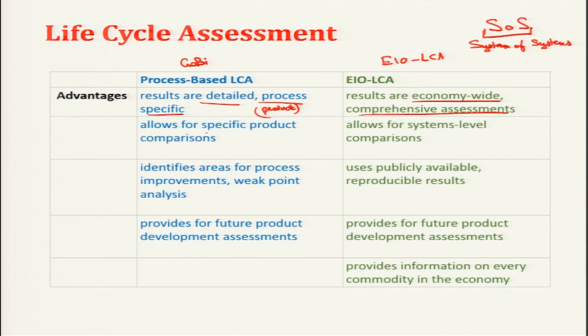It allows for specific product comparisons, like we can compare pens made from metal and plastic with pens made from only plastic. That is the subjective study we did in value engineering. So there is a complete energy input database, and the pollution that is produced. Both these tools, one a software tool and another an online tool, are based upon databases.